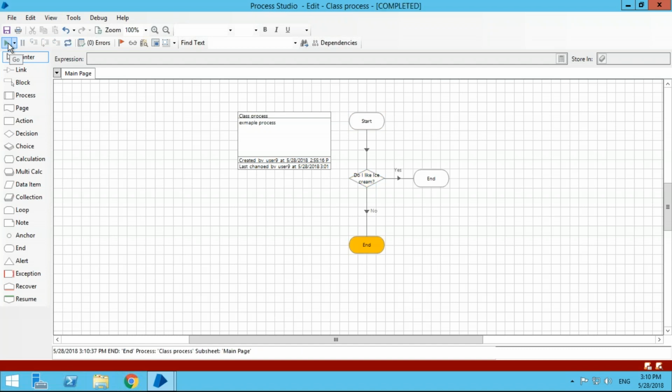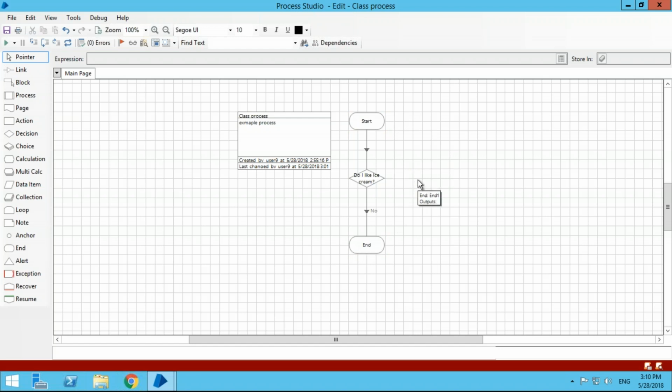Boom, goes down there now. So that's an easy thing to keep in mind. And yeah, a page can have only one start. You can't have more than one. If you try to delete the start, you won't be able to. But it can have multiple ends. Okay, you can end it in different routes.